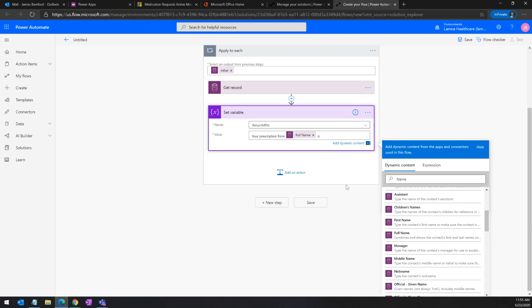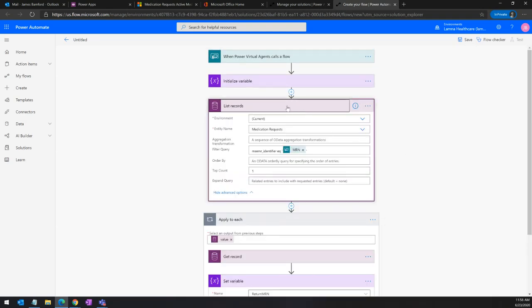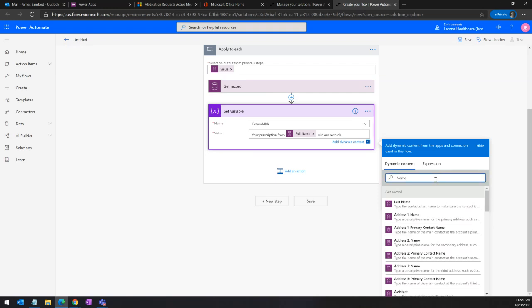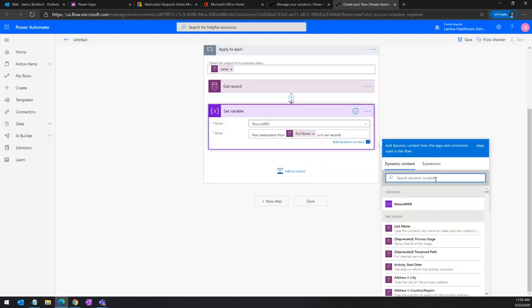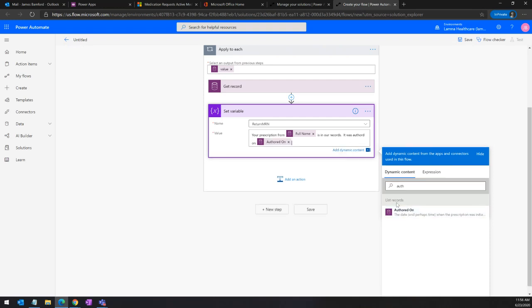Description from is in our records. Okay, so with that, you should also be able to grab the medication request number. So, okay, in our records, it was, you were given a quantity,